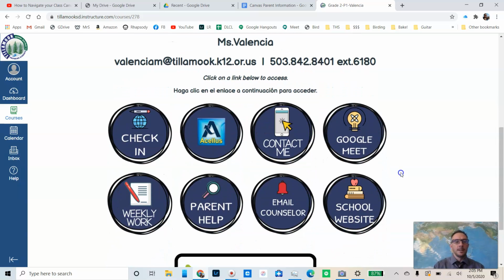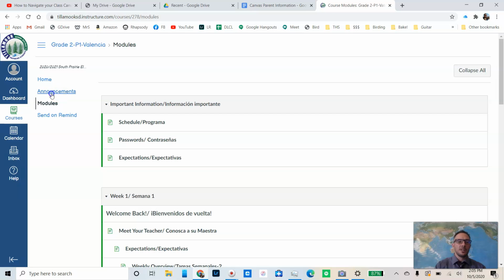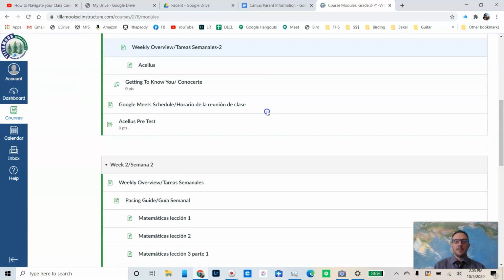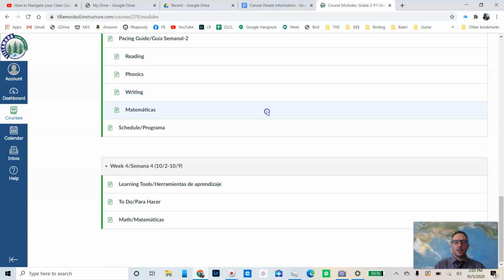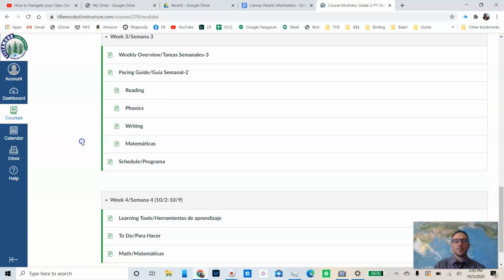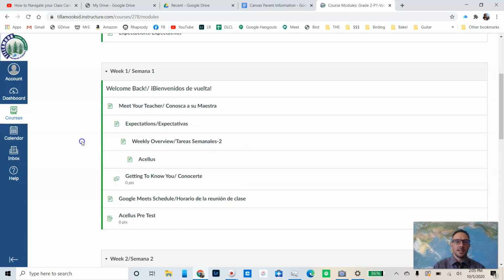There's the weekly work button, which will take you to the different assignments or modules for that particular course. You see it says modules right here. And then the assignments are laid out by week in here. So each week we'll get a new header, and then the assignments will be stacked underneath. This is my son's right here, and he's in a dual language program, so you see that some of these